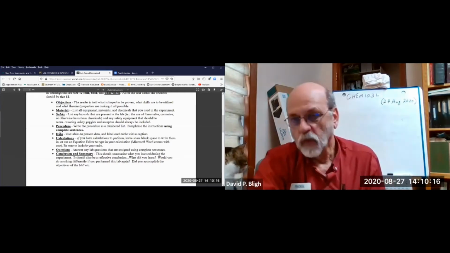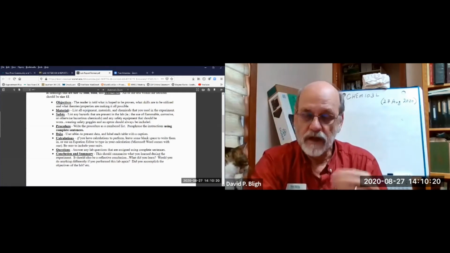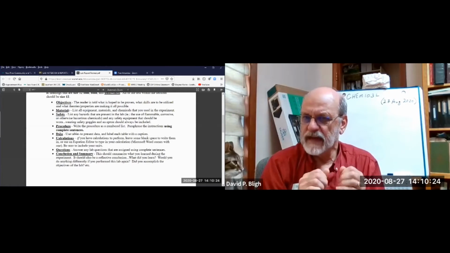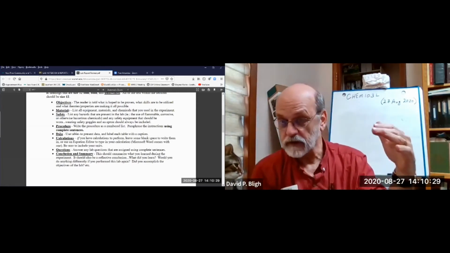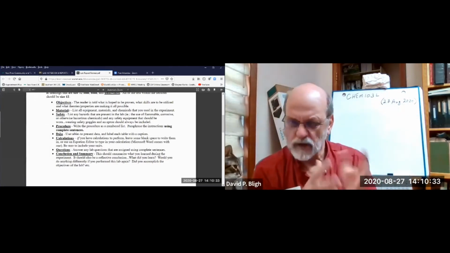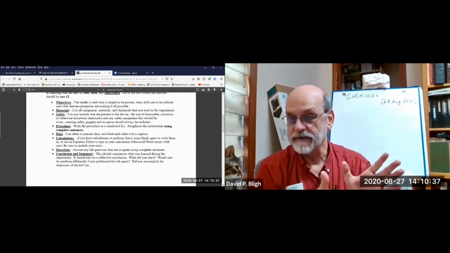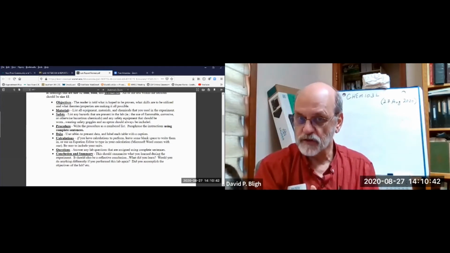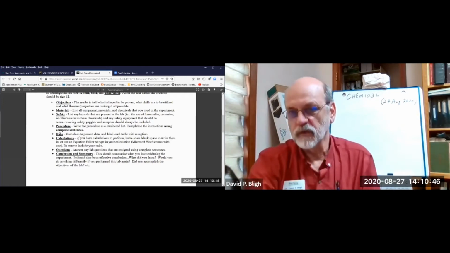Then data. What did you collect? Observations, numbers. Put them in some sort of format that is easy for your reader to discern. Tables are good if you don't have a lot of numbers. If you have a lot of numbers that are difficult to decipher, you may want to build a graph, a visual representation of your data that illustrates your point, tries to convince the reader of your